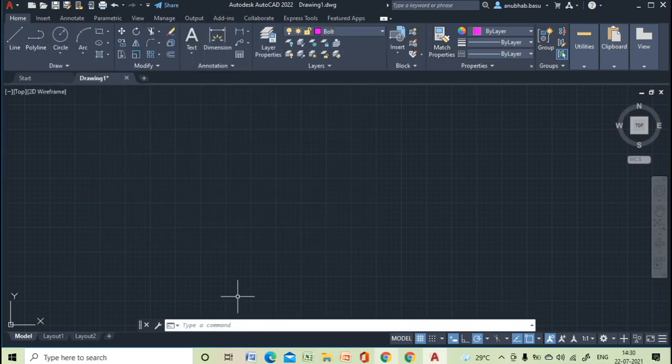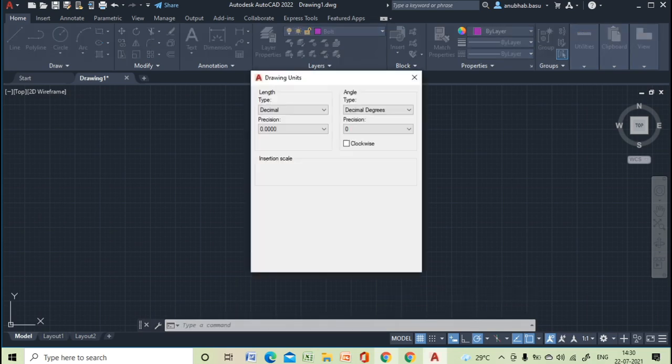You can do the MV setup, or I'm changing the unit and directly drawing. Okay, you can do it by using the MV setup. That means at first you can create the page, or after drawing the total drawing, then also during the printout you can set the page. Okay, both the ways you can do.